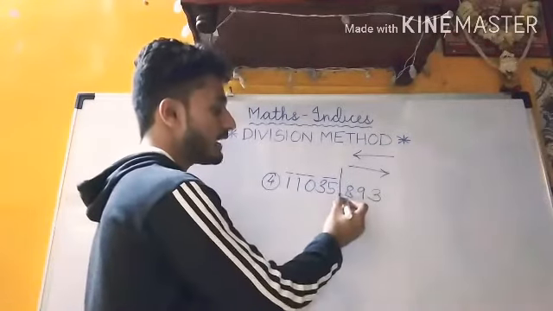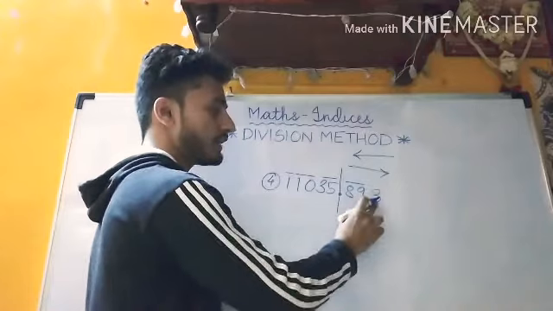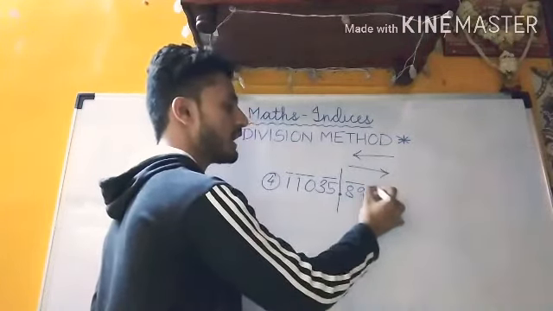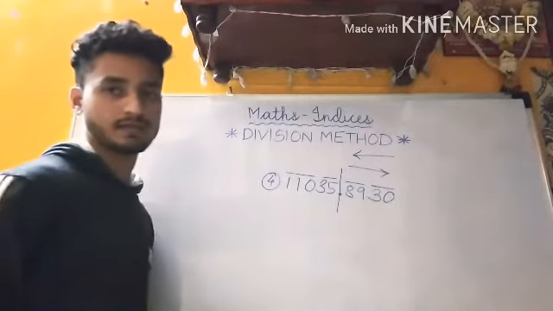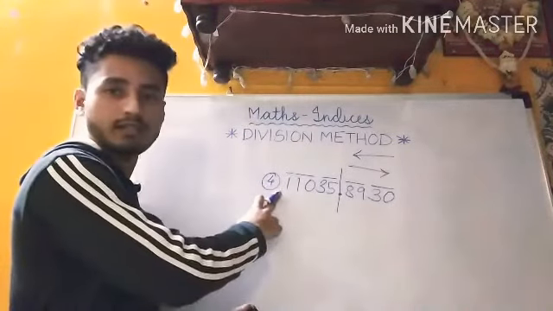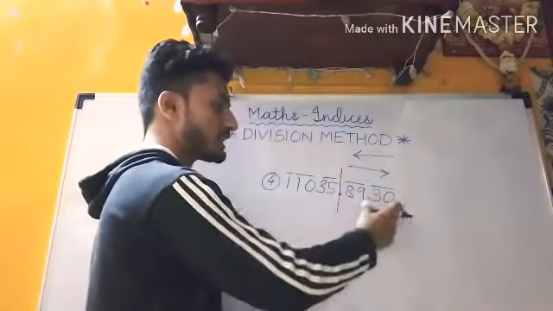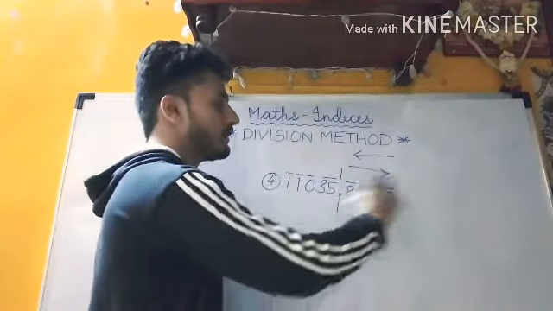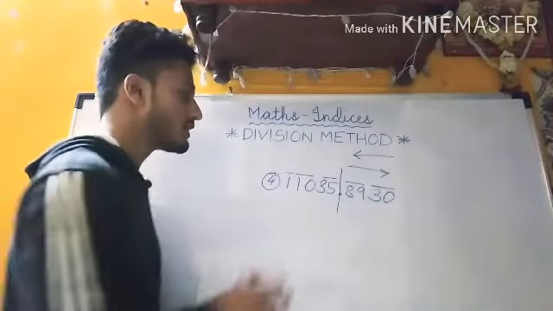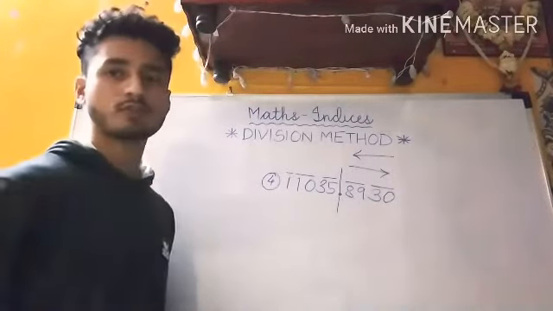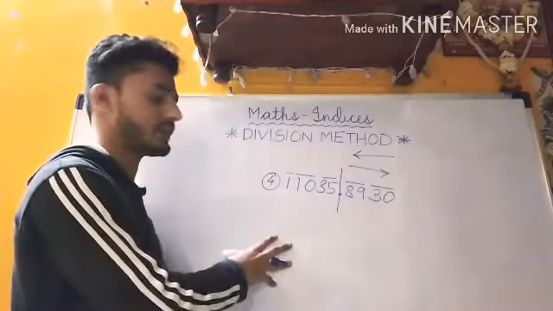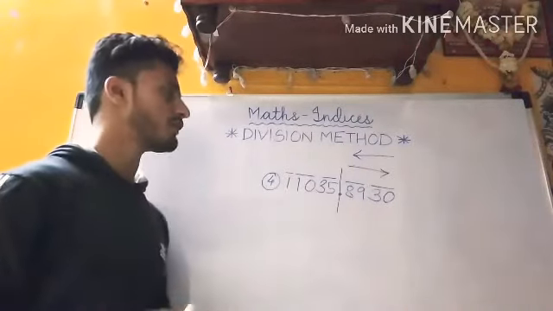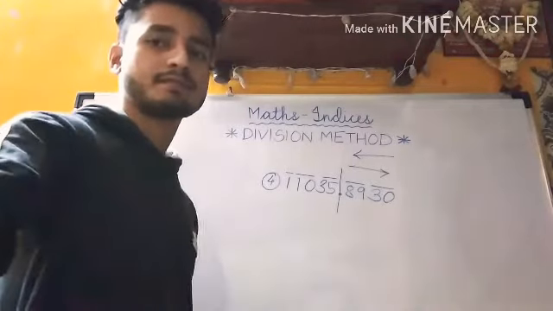Now after the decimal point, we go from left to right, in the opposite direction. Here 8 and 9 will make one pair, and since 3 is alone, you will add a 0 and make it a pair. Here it is not compulsory, but whenever after the decimal you find a number which is single, you will add a 0 and make it a pair. These are the various possibilities of questions which can come in your exam. I hope you have understood how to make pairs. Now we'll go for the next step.